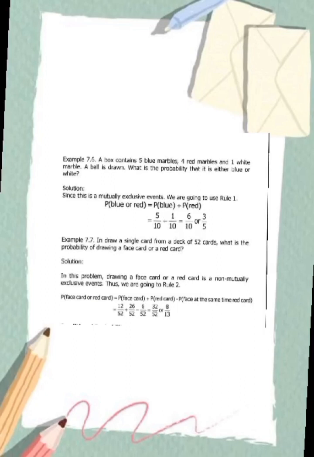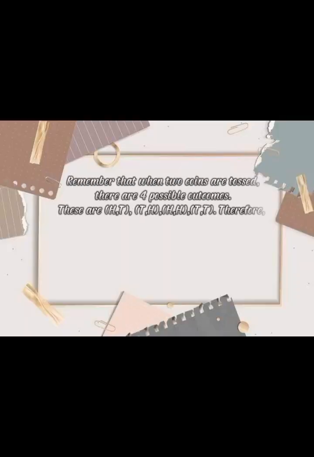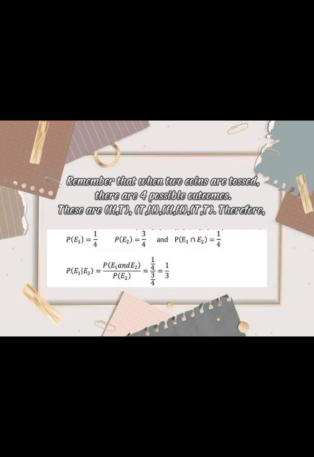We have example 7.6 where we can apply rule number 1 and example 7.7 where we can apply rule number 2. Remember that when two coins are tossed, there are four possible outcomes. These are HT, TH, HH, and TT. Therefore,